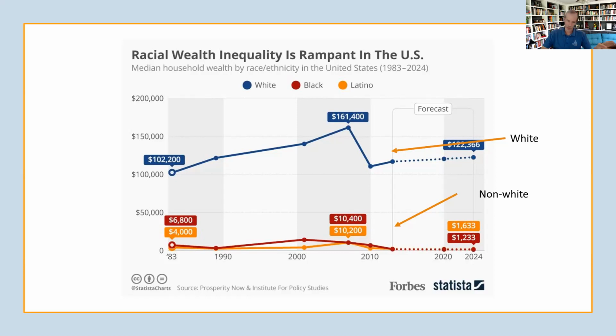So for most people, and we'll actually see a slide on this, their wealth is in their home, and we had a long time discriminatory policy for how you get a mortgage called redlining, where whites benefited and non-whites did not benefit.